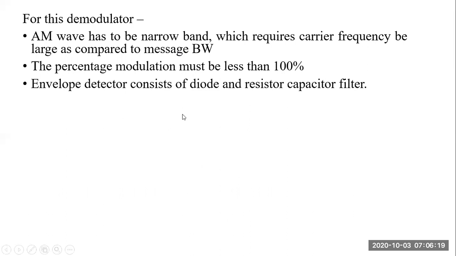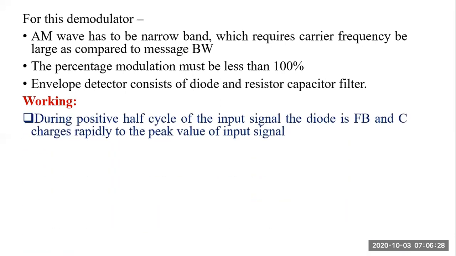The envelope detector consists of a diode and a resistor capacitor filter. So let's try to analyze the working of this circuit. During the positive half cycle of the input signal, the diode will be forward biased and the capacitor charges rapidly to the peak value of the input signal. So if I just show you here,